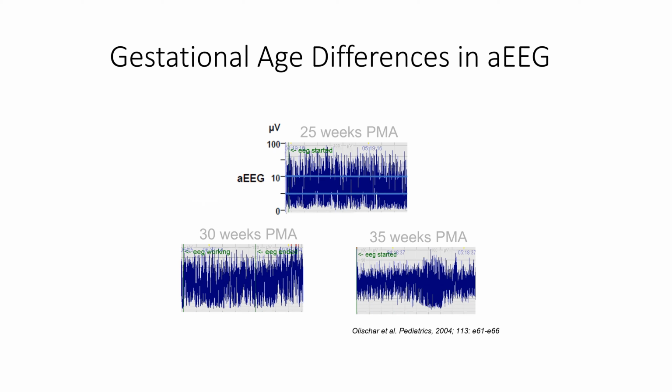But I also want to recognize that if you have a 35-weeker, or let's say a 30-weeker, right? If a 30-weeker has a pattern that looks more like a 25-weeker, so the lower margin is much closer to like the 1, 2, 3 range, and you're not having really nice cycling happening, I mean, that's not normal. And just because they're preterm, it's not okay to just be discontinuous because you're preterm. There comes a point where the pattern itself is dysmature,